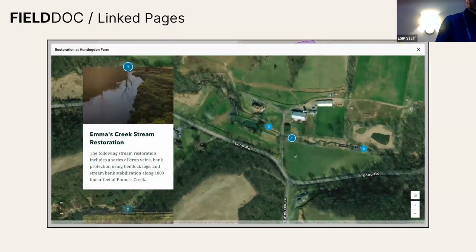And I'll go through these quickly. Another thing we're doing to support users is this idea of linked pages.